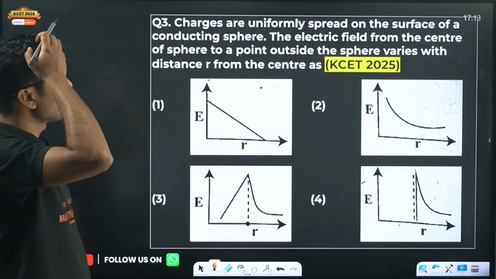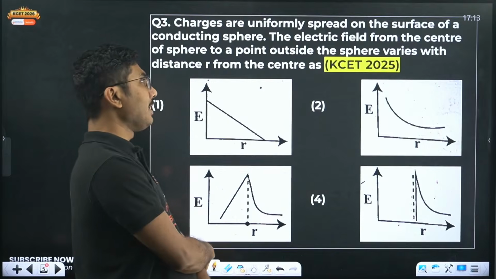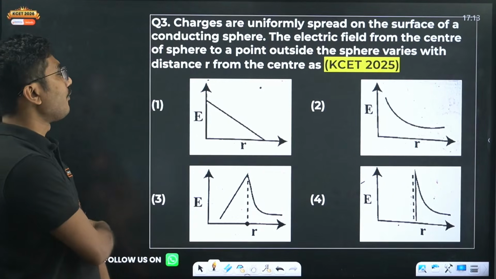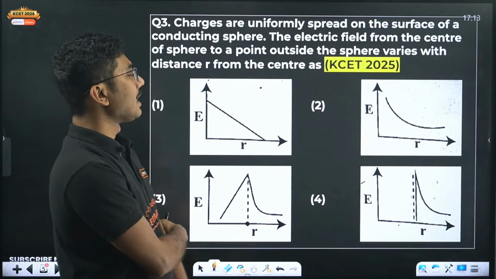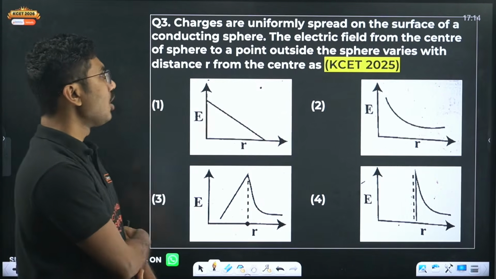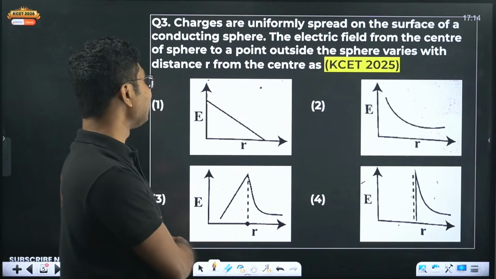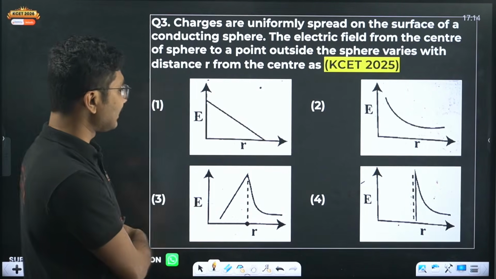Next question. Charges are uniformly spread on the surface of a conducting sphere. The electric field from the center of the sphere to a point outside the sphere varies with the distance r from the center as